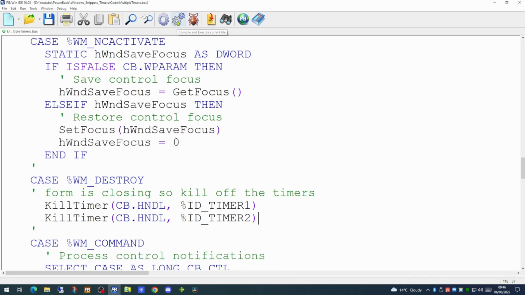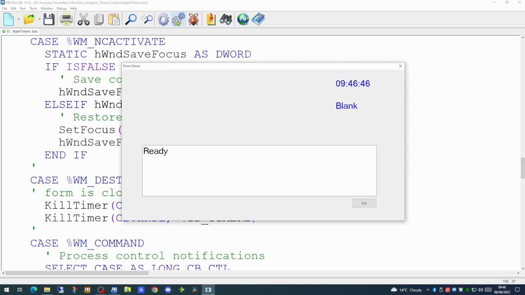So if we run that code now, we will see the first timer is kicked in, and after 5 seconds, the text is updated, and every 5 seconds it will change to the other value. So it's alternately going to be odd and then even. So we now have 2 timers running on screen. And we can still type into the form without any irritating non-responding messages coming up at the top of a dialog.